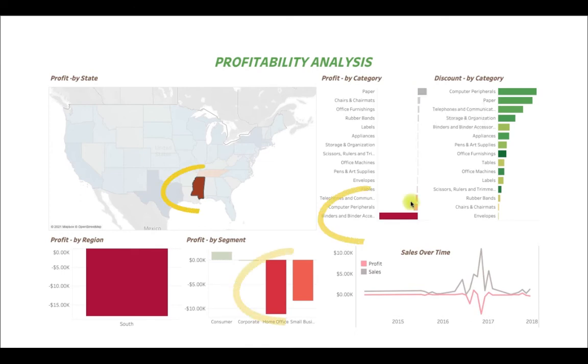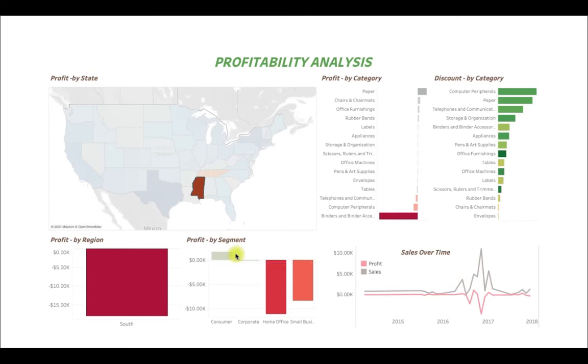And an interesting point is that you are also giving a good average discount to this category in this state. And these are the two segments where we are making loss for this category. But still consumer segment is in profit in this state.